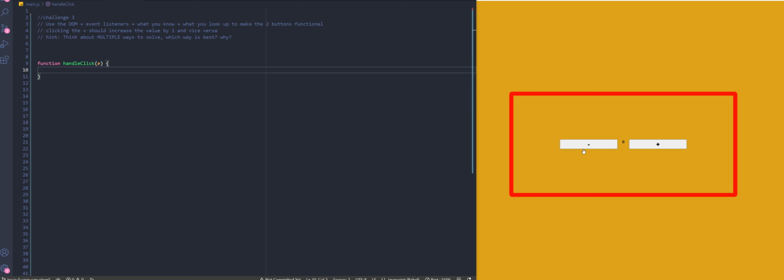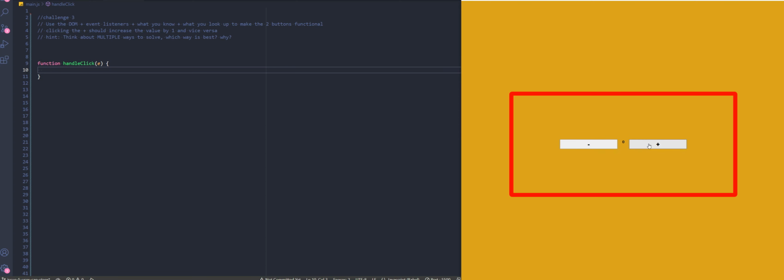Okay, so how are we gonna tell when the user clicks this button versus this button? Well, remember we can use e.target, right? So you can do if e.target dot. Now, we can go by text content and check if it's the minus or the plus sign, right? But I just wanted to show you there's multiple ways. So you can just add an ID and go by ID. ID minus, ID plus. Okay. So if e.target.id is triple equal to minus,